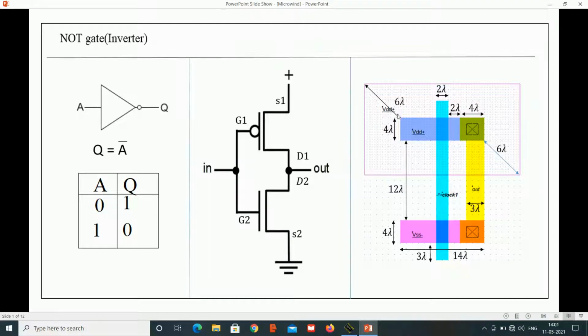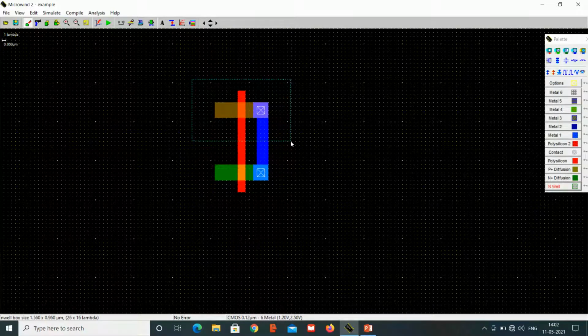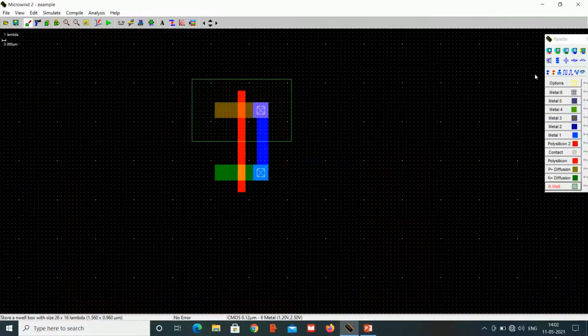Then the N well from this point should be a distance of 6 lambda, and from this point it should be a distance of 6 lambda. So for that I am selecting an N well, with a distance of 6 lambda. Now let's give this side of source to VDD and this side of source to ground.